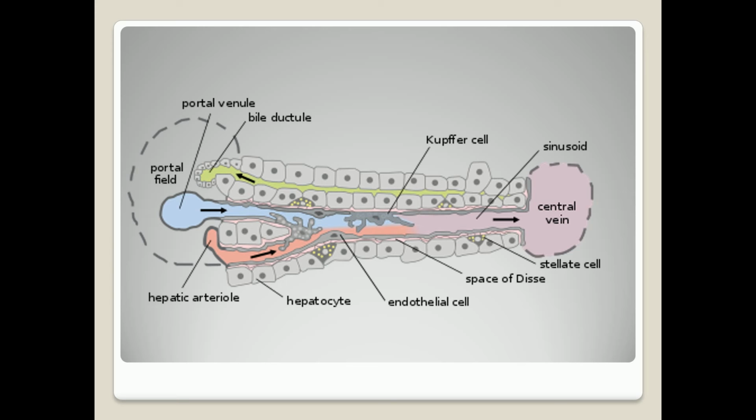Sinusoids have a wider lumen. This is about the wider lumen of the sinusoid. And they anastomose irregularly. Everywhere they separate the hepatic plates from one another. The sinusoids are lined by endothelial cells like those of the blood capillaries. In between the endothelial cells and hepatic cells, there are some reticular connective tissue fibers. At the end of the sinusoids, there are sphincters which control the flow of the blood.